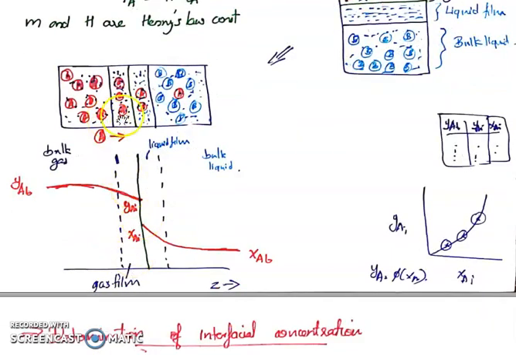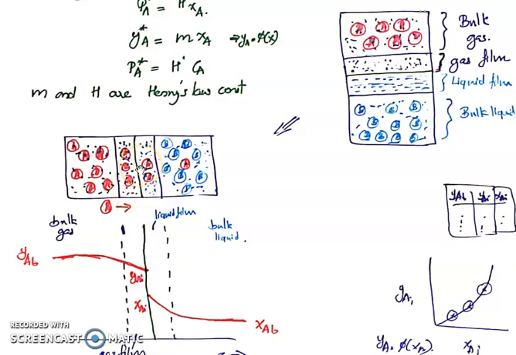Similarly, now what will happen at the interface? The molecules of A will diffuse into the liquid phase. The mole fraction of A in liquid phase is given by XAI. The value of XAI will depend on the value of YAI, and we can obtain XAI from this relation: YA, mole fraction in gas phase, is equal to M, a constant, into mole fraction in liquid phase. So here the mole fraction of A in liquid phase at the interface is XAI,